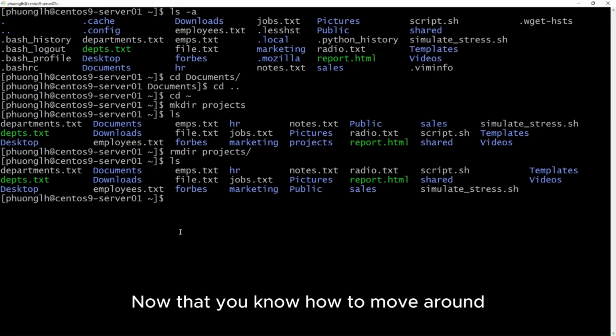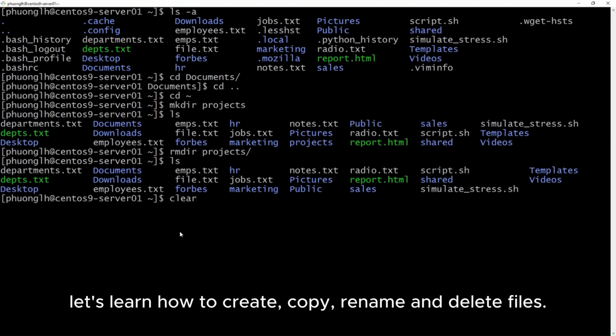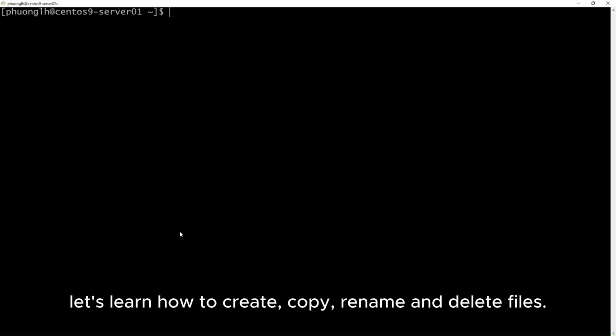Now that you know how to move around, let's learn how to create, copy, rename, and delete files.